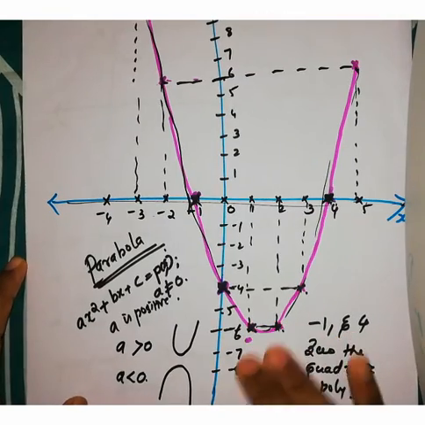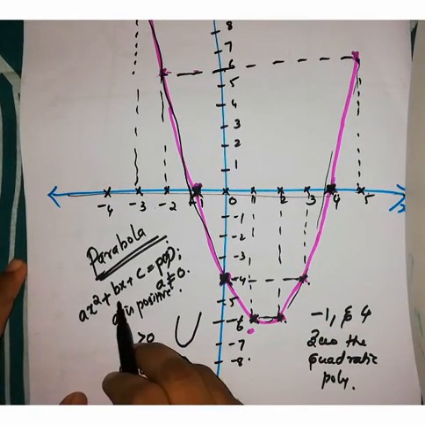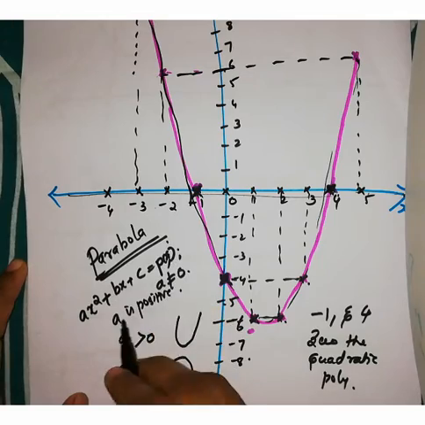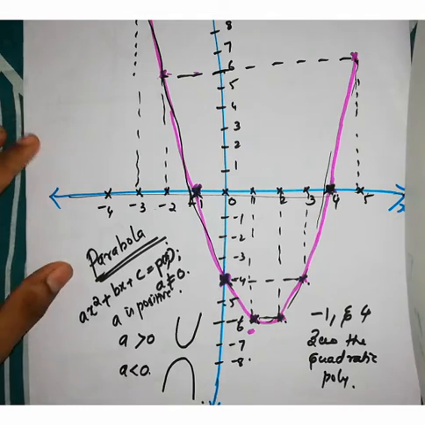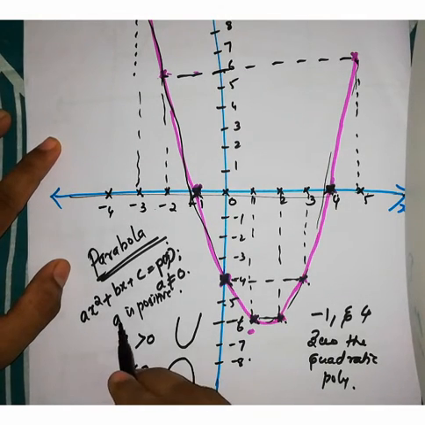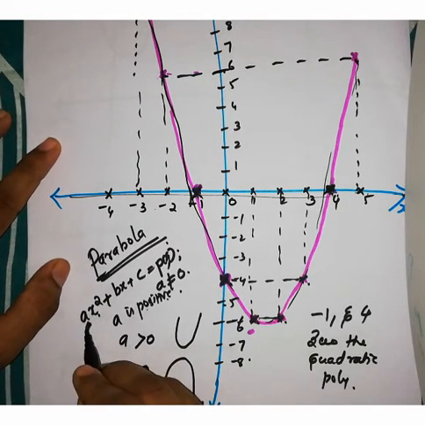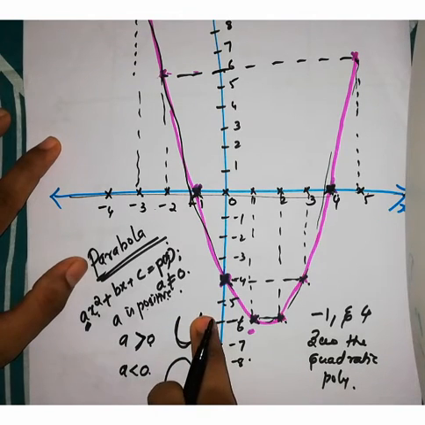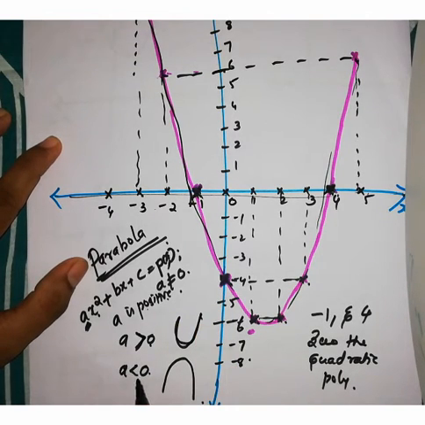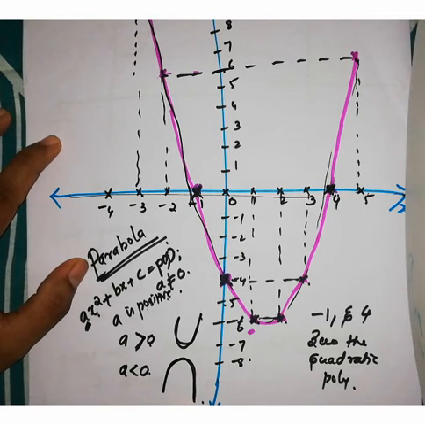So the general expression for a quadratic polynomial, that is ax square plus bx plus c is equal to p of x, where a is not equal to 0, and the shape we got is the parabola. Clear? From this we can see that if the coefficient of x square, a, is positive, that means a greater than 0, the parabola opens upwards. That means the shape of the parabola is like this, open upwards. And if a is less than 0, that means a is negative, the parabola opens downwards, so the shape is like this. Clear?